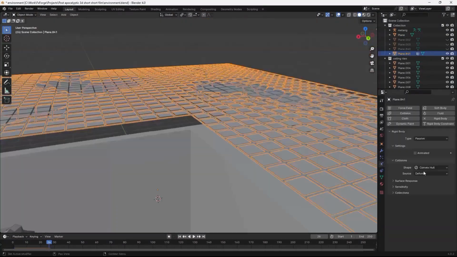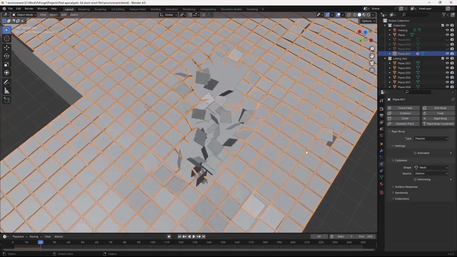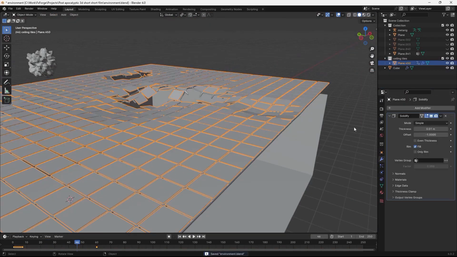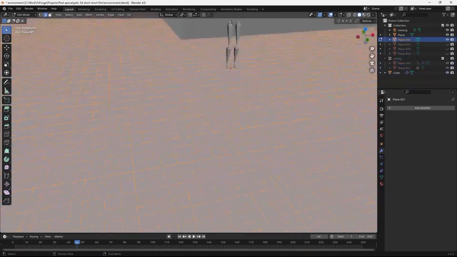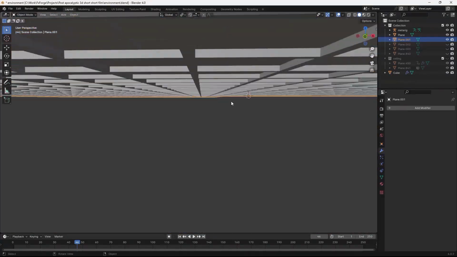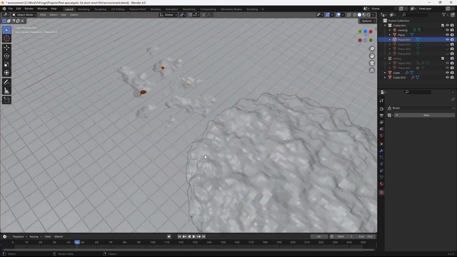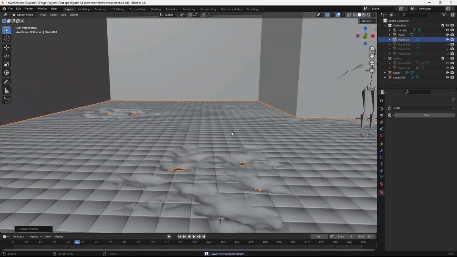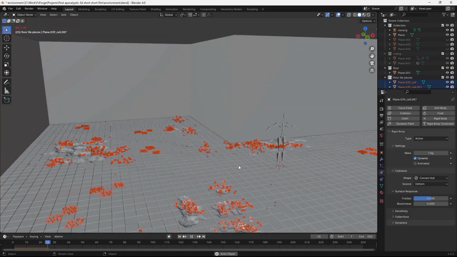Then I made the tiles rigid bodies and made the grid a passive rigid body with mesh collision so the tiles could actually fall through, and then simulated them falling onto the grid like this. I modeled some smaller tiles for the floor and then used this displaced sphere as a cutter to give it some damaged areas. To sell the illusion, I simulated some loose tiles and debris over those destroyed parts, and then